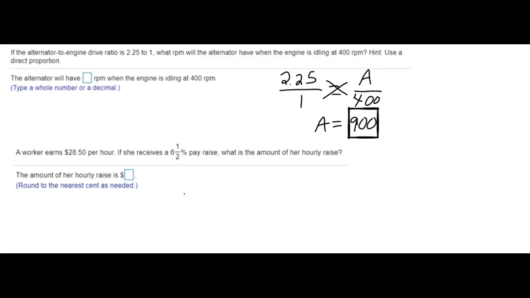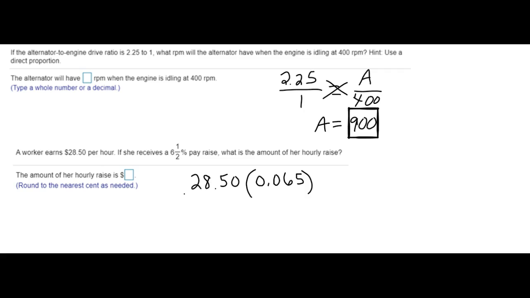On the next one, a worker earns $28.50 per hour. If she receives a 6.5% raise, what is the amount of her hourly raise? So she earns $28.50 per hour, but then she is going to get an increase of 6.5%, which is